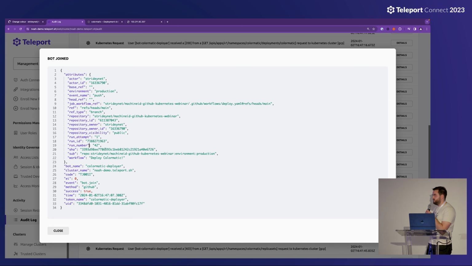And this is really powerful. If you finally see something in your audit logs that looks wrong, or your SIEM catches something that looks wrong, you're going to think, hey, we need to work out what's caused this action. You could see, okay, run number 38, hop back over to your GitHub Actions and say, hey, that was StrideNet. Let's take a look at the commit and see what's caused that. You may well find that this is a commit you're not expecting your engineer to make, and you may need to shut down their access and act quickly to prevent any further damage.